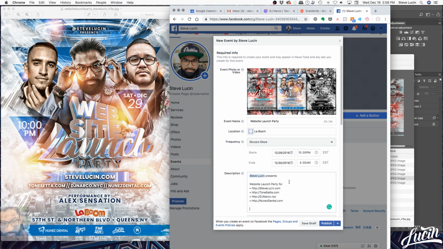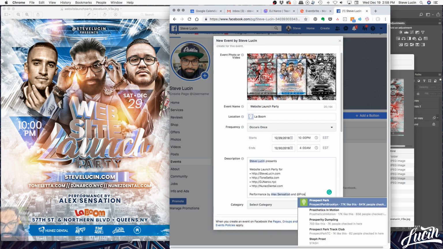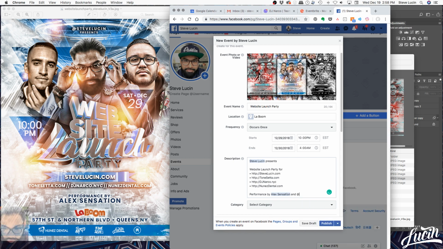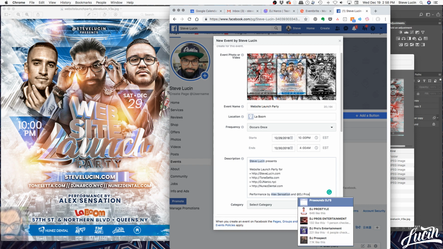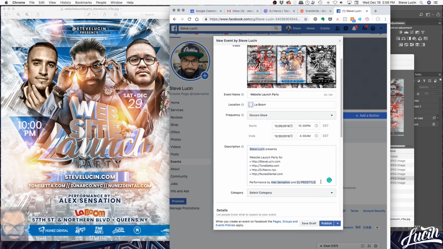Okay, I'm going to say performance by @AlexSensation. Yep, definitely gonna at him right there. And @ProStyle. Let's see if he's here. ProStyle Media. Maybe it's a DJ ProStyle. Oh, which does mean that I need to update this flyer, but I think we're just gonna let her rock. Yeah, this is him. Why he only has 846 likes? Anyways,